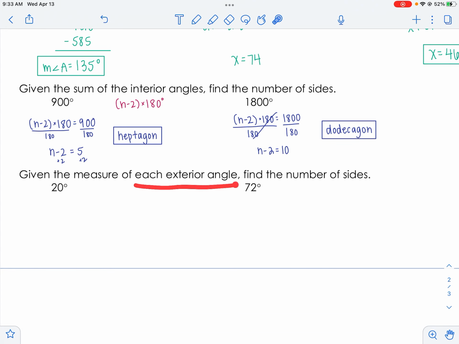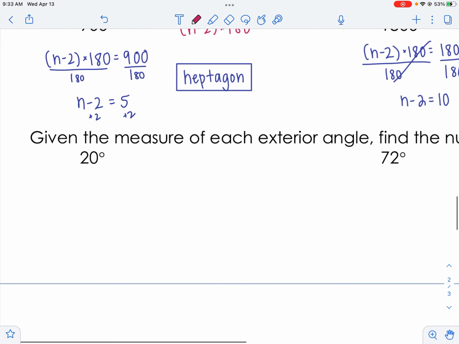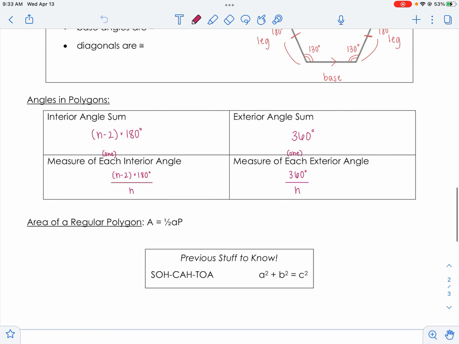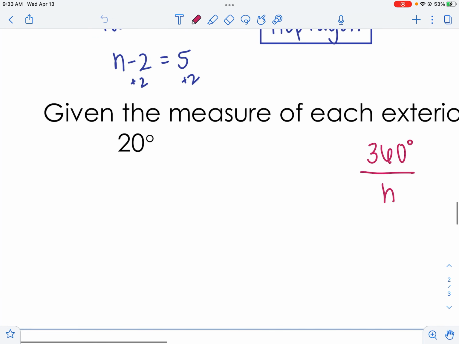So this one, it tells you each exterior angle now. So if we write out our formula first, those formulas are helpful. So each exterior angle, that would be 360 divided by n. And remember that you'll have access to this chart. So I'm just looking at 360 divided by n, so right there. And then I'm going to work backwards. So if 360 divided by n equals 20,